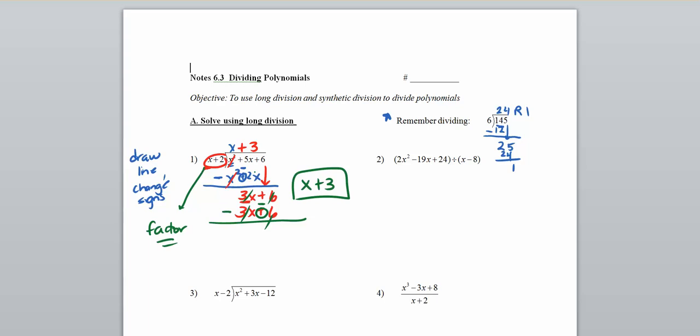All right. Now, number 2, I'm doing the same thing. They just wrote it differently, where I'm going to have a trinomial divided by a binomial. So what I'm going to do,